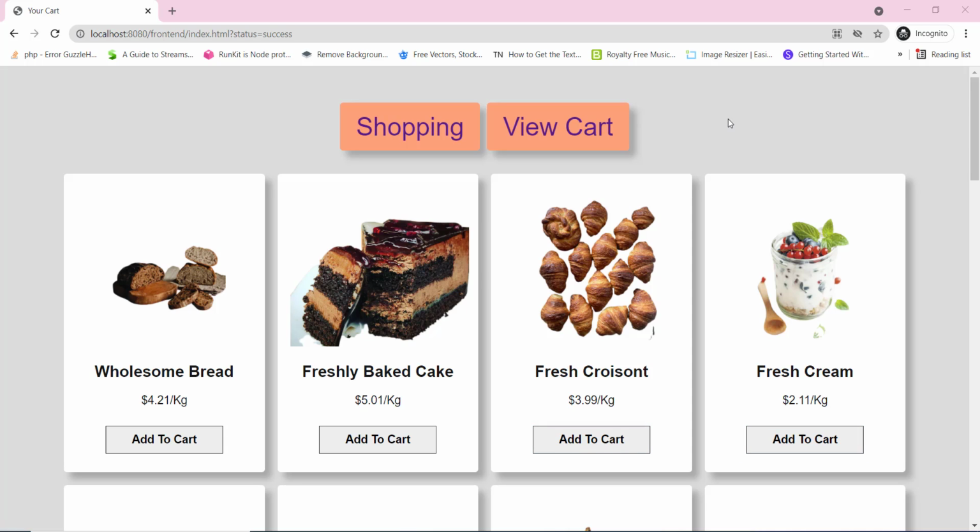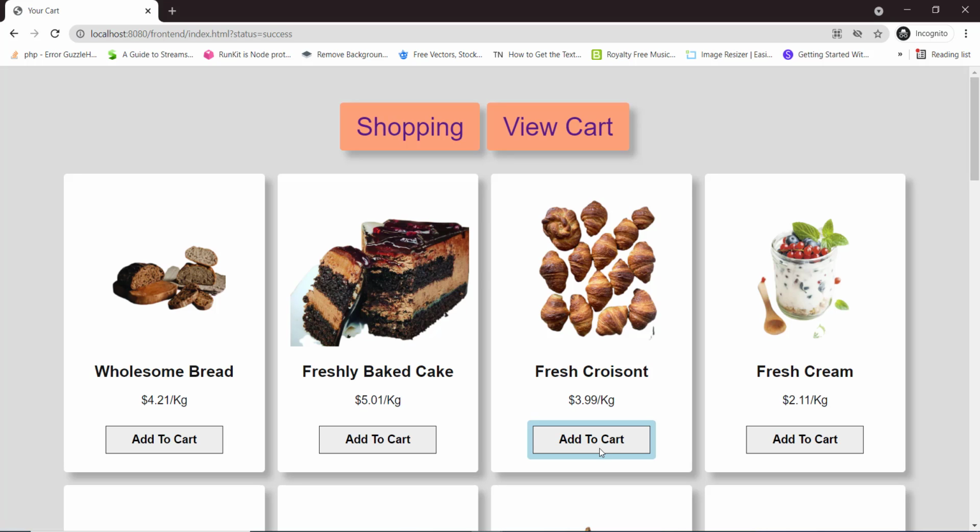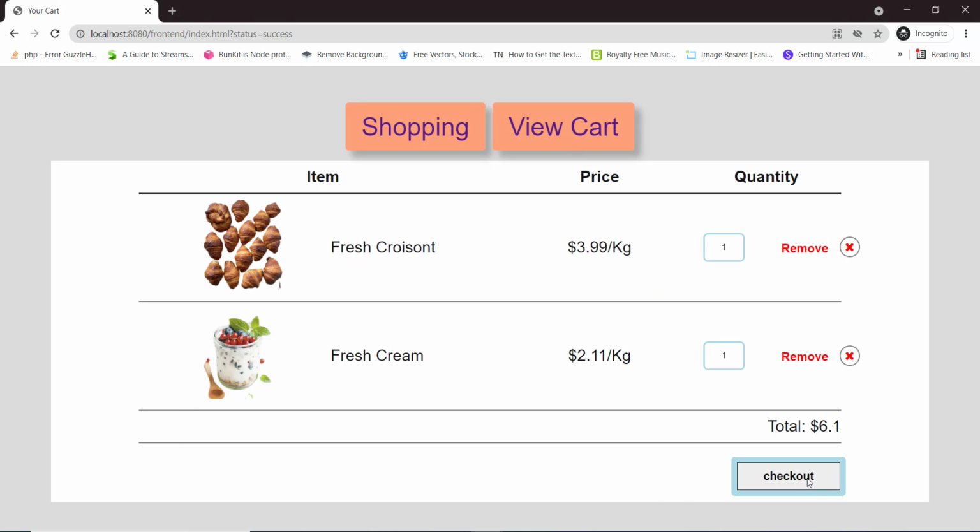So that means the moment our DOM contents have loaded, a GET request using the Fetch API is sent to the server, which in turn requests the database to get all the items in its database. The database responds back with all these items, which in turn the server responds back to the browser. Then the browser displays them over here. When we add items to the shopping cart and then click on the checkout button, another fetch request is sent